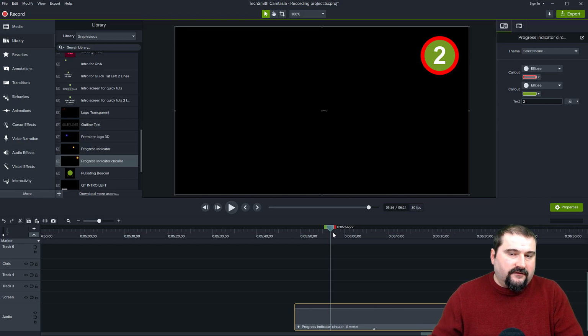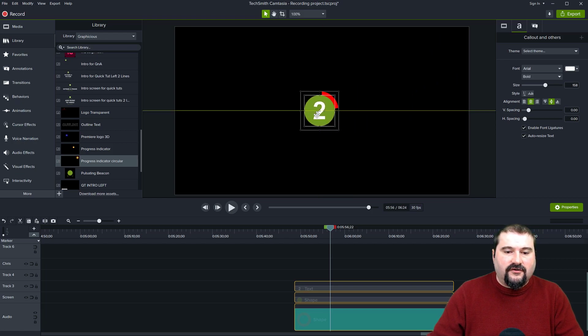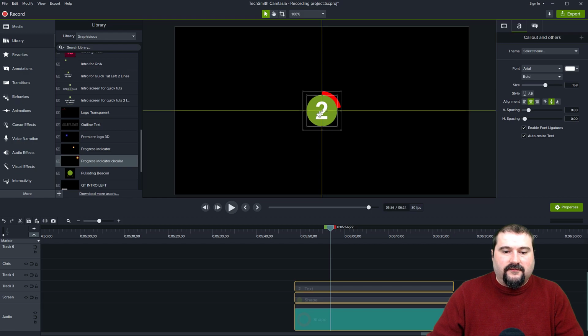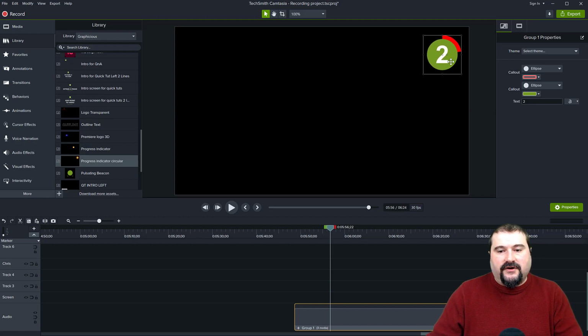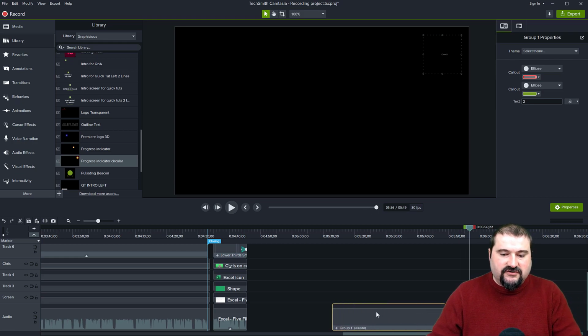So the way to solve this is to actually ungroup these and move them to the center of your canvas. And can you see the radial? If you move it around, the radial wipe actually is right there in the middle of your screen. So what you want to do is place everything in the center and group it again. That's all you need to do. Then you can put it in the corner. And funnily enough, now the geometry of the group is maintained.